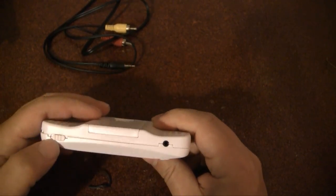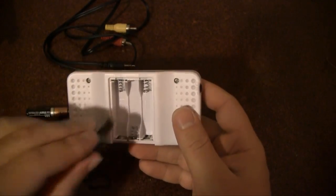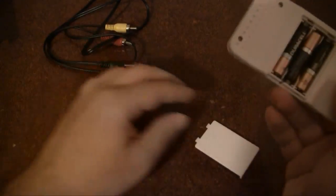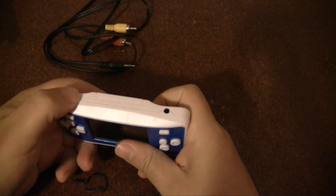I have the power switch on the top, and this looks like this is 3 AAAs. Just imagine it would have been double A's. That would have been absolutely hilarious. Alright, let's pop the batteries in here and see if this thing even turns on. Yep. And...